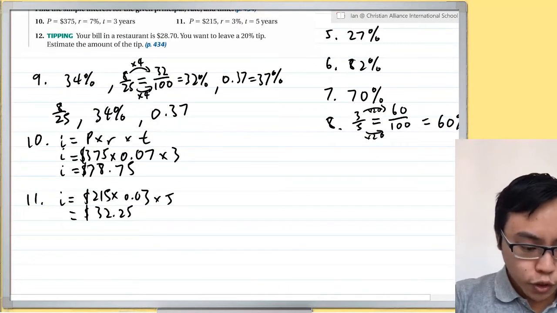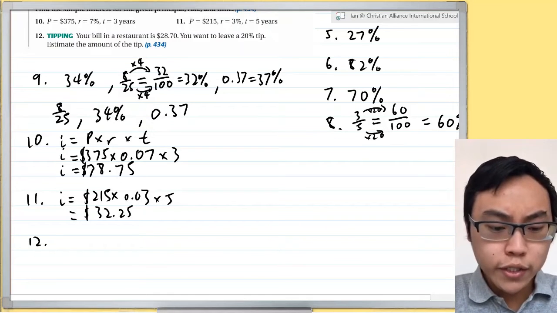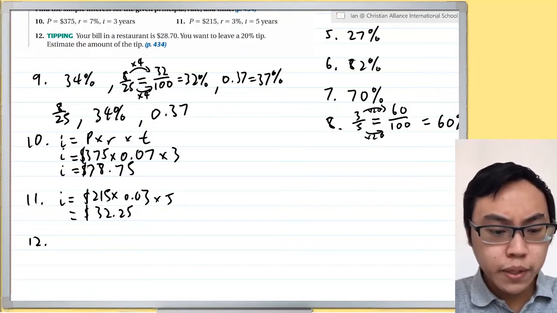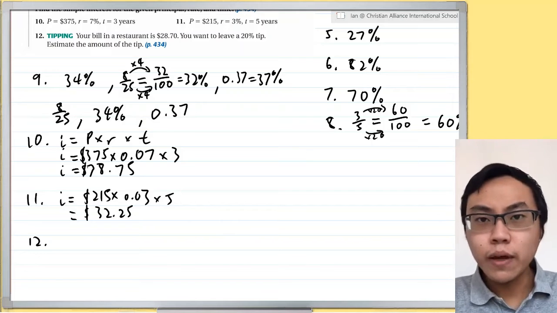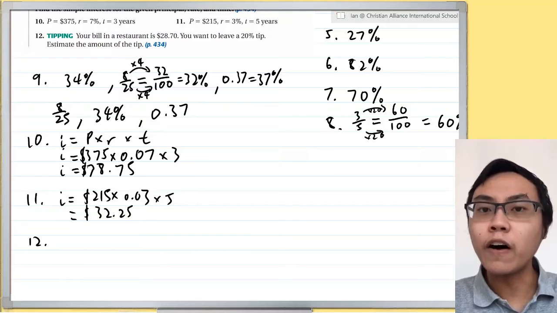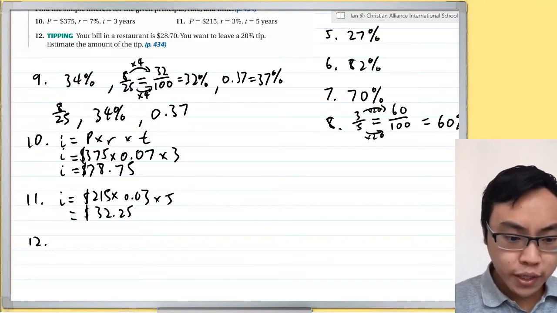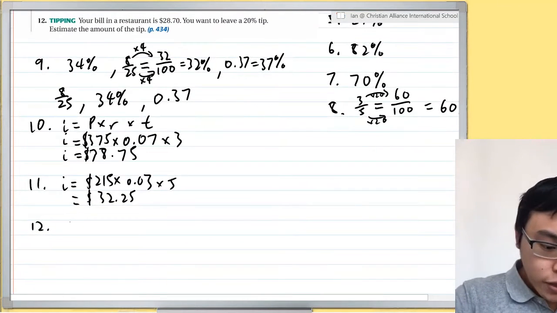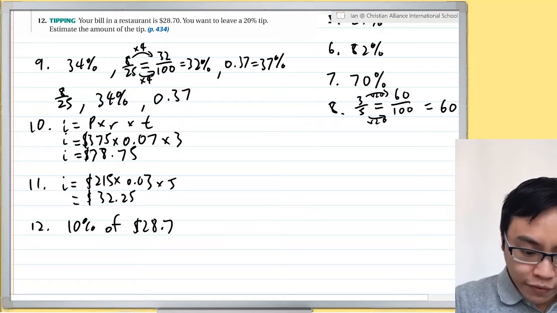Last question, question 12. It says here, your bill in a restaurant is 28.7. You want to leave a 20% tip. Estimate the amount of the tip. Now, I don't have to estimate, I can find the exact, but if you want to estimate, 20% is double of 10%, and we know how to calculate 10% very easily. So I will just show you my thought process in writing. 10% of 28.7 is